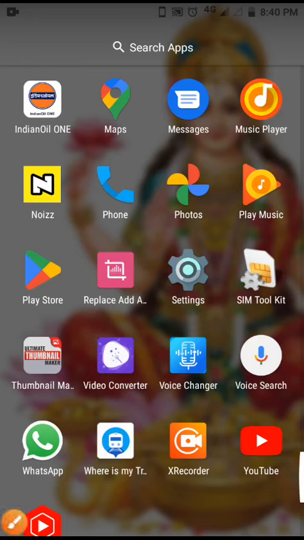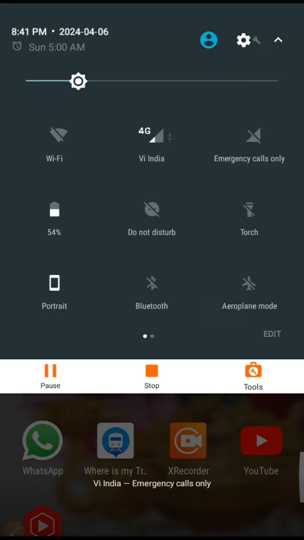Viewer, today I will show you how to access internet in flight mode. So first I will keep my phone in flight mode. So press airplane mode, and then after